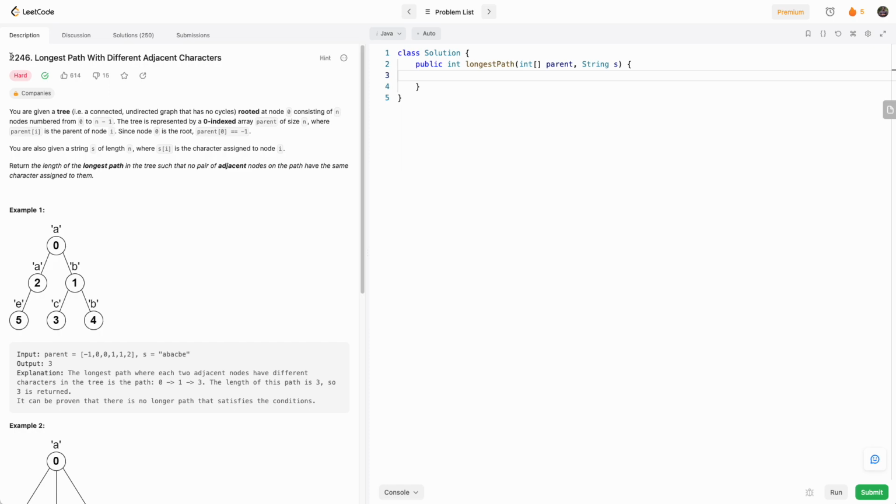In this one we will do today's daily challenge, Leetcode 2246, longest path with different adjacent characters. So basically again we're given a tree, a connected undirected graph that has no cycles with a root of 0. And in this tree we need to find the longest path where there are no two adjacent nodes with